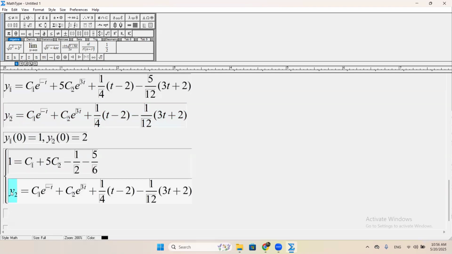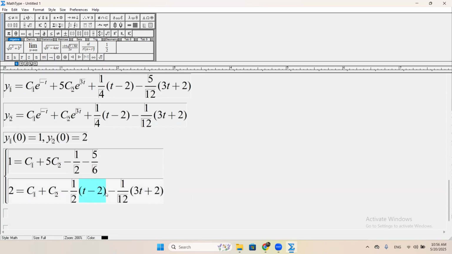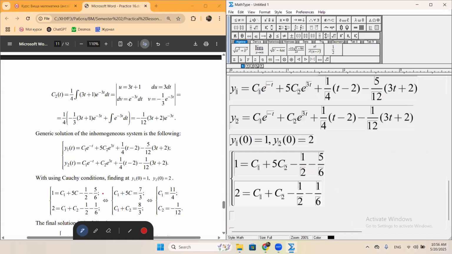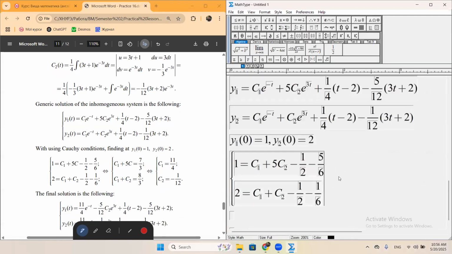So 2 equals C1 plus C2 plus 1 minus 1/2 and minus 1/6. So let's check. Yeah, so it matches, and the final answer will be